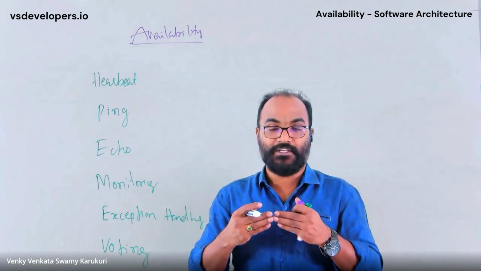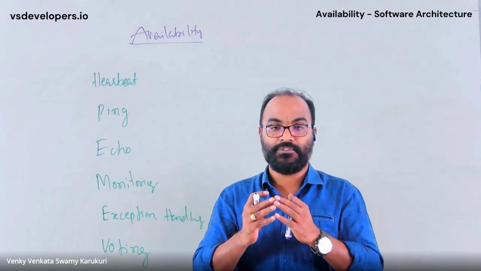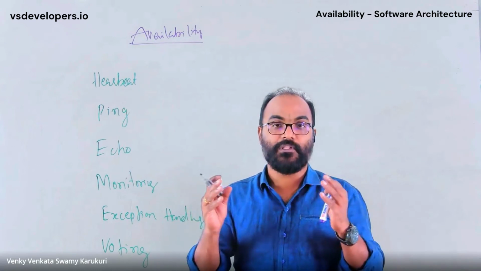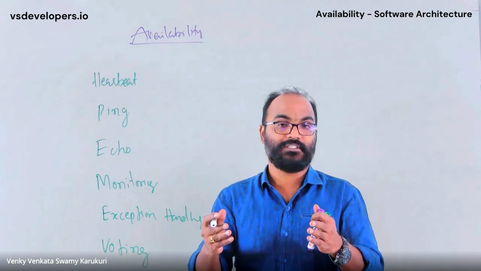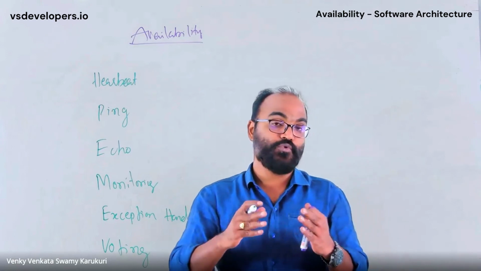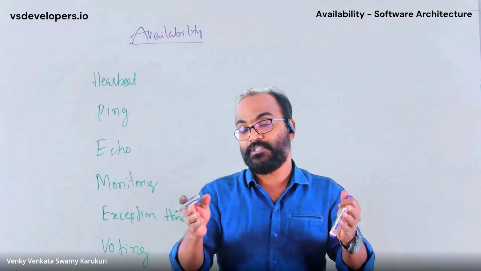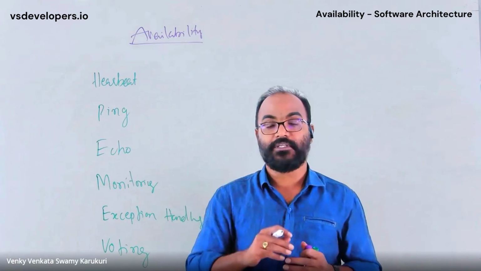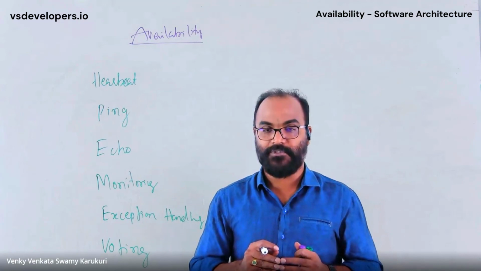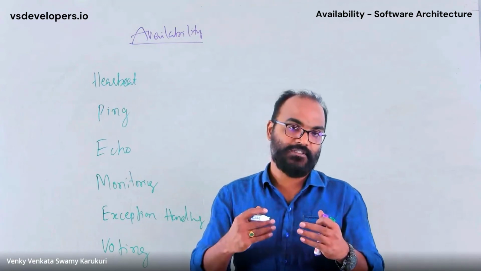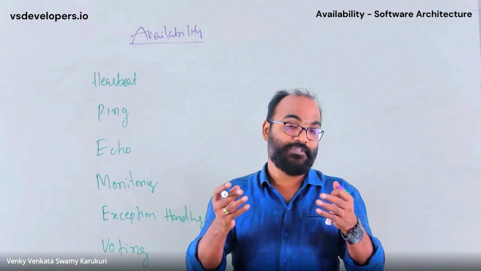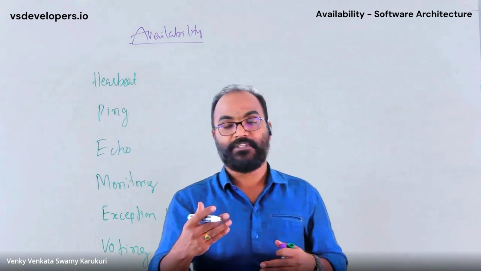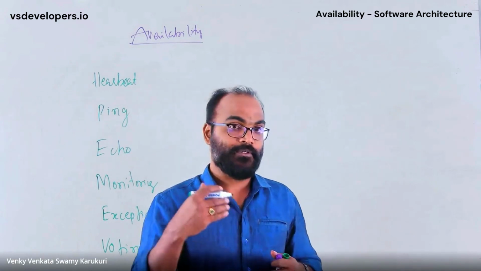Now, as a voting strategy, you collect all the information. If the information collected is synonymous across all the voting agents, you would consider it a healthy system. If you start to notice disparate values from these three voting agents, then you would devise a strategy to repair and recover from the failure that is going to happen. So voting has its own strategies for what you do after you receive the voting information from those agents. You can deploy different strategies based on your requirement to bring the system